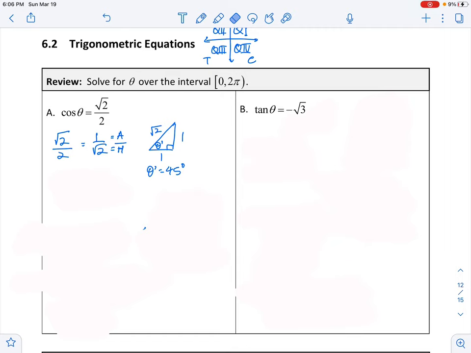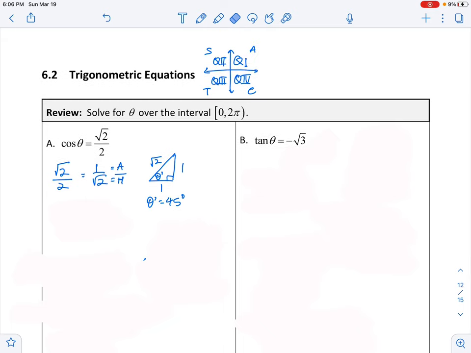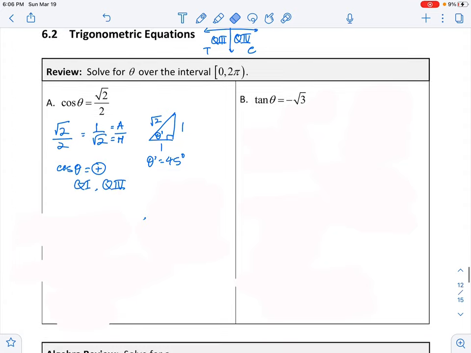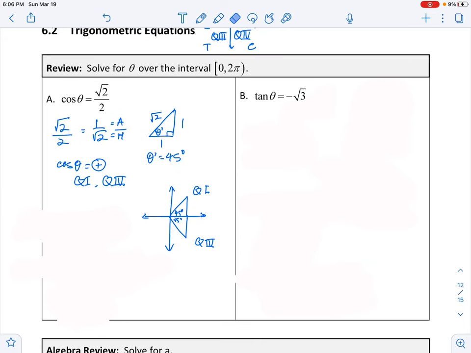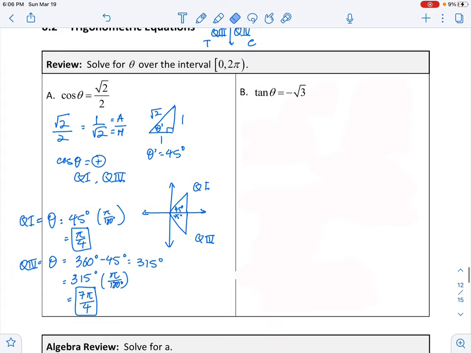In order to find the correct quadrants, cosine is positive in the original problem. Therefore, I know that cosine, according to the All Students Take Calculus acronym, cosine will be positive in quadrants 1 and in quadrants 4. So I go ahead and plot my 45-degree reference angle onto quadrant 1 and quadrant 4 to kind of get a visual of what I need to do. 45-degree in quadrant 1 is fine as it is, so the reference angle itself should be